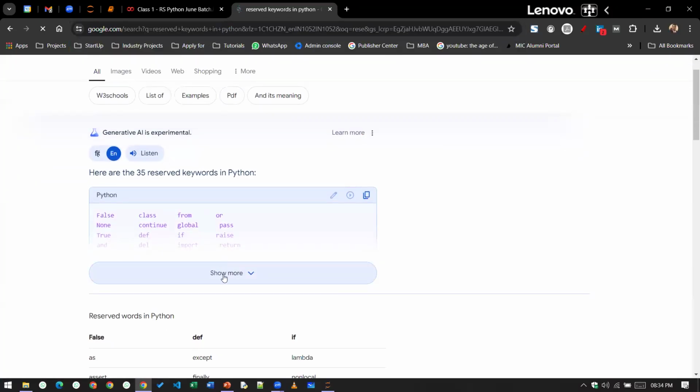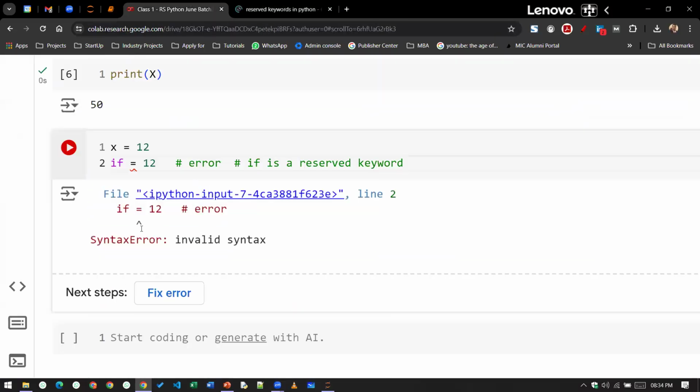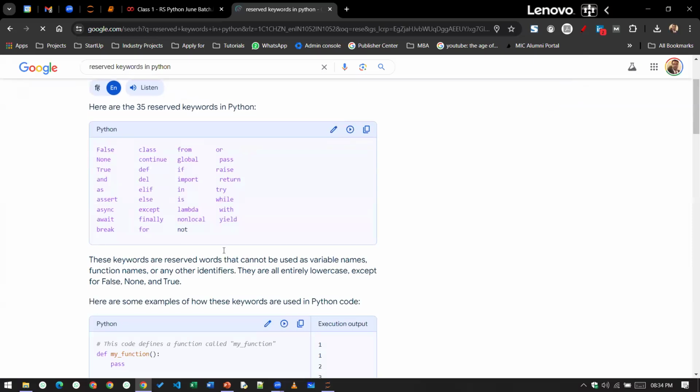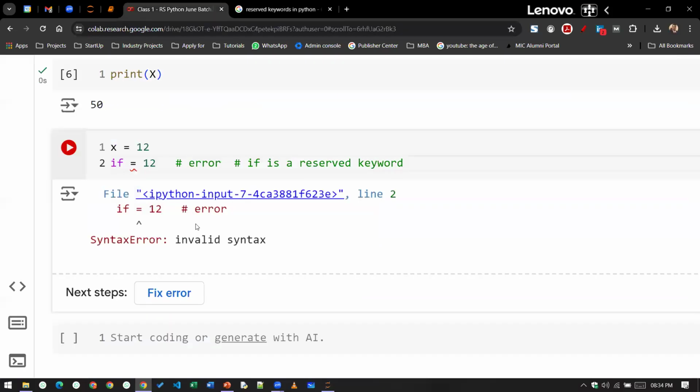So you can see there is a list. I told you that if is a keyword, right? So you can see if is a keyword. This is the list class. Now, one thing class, you don't need to remember all of this. What you can simply do,